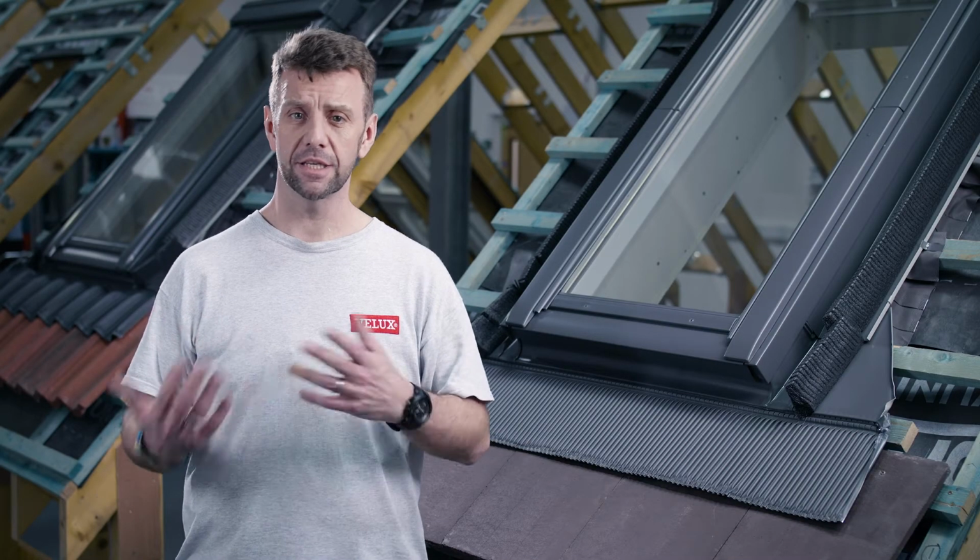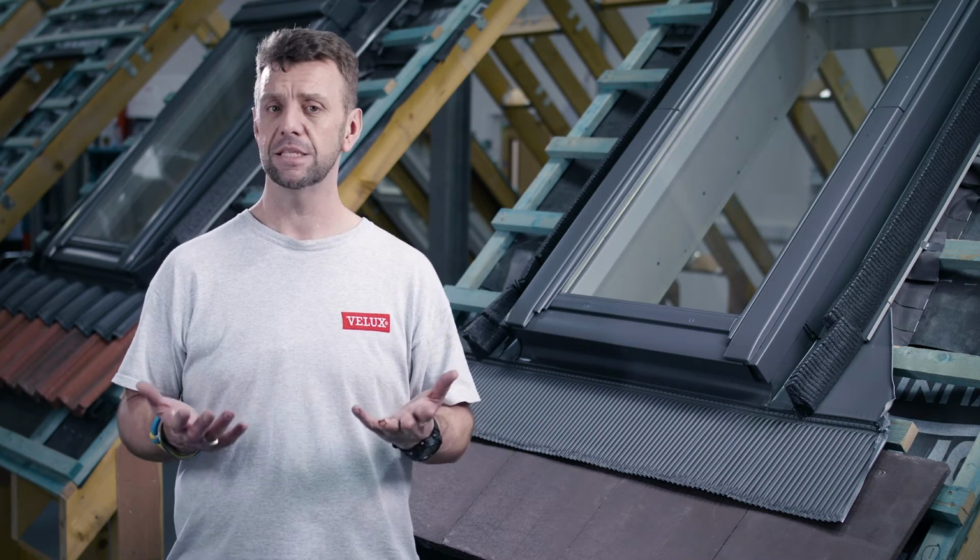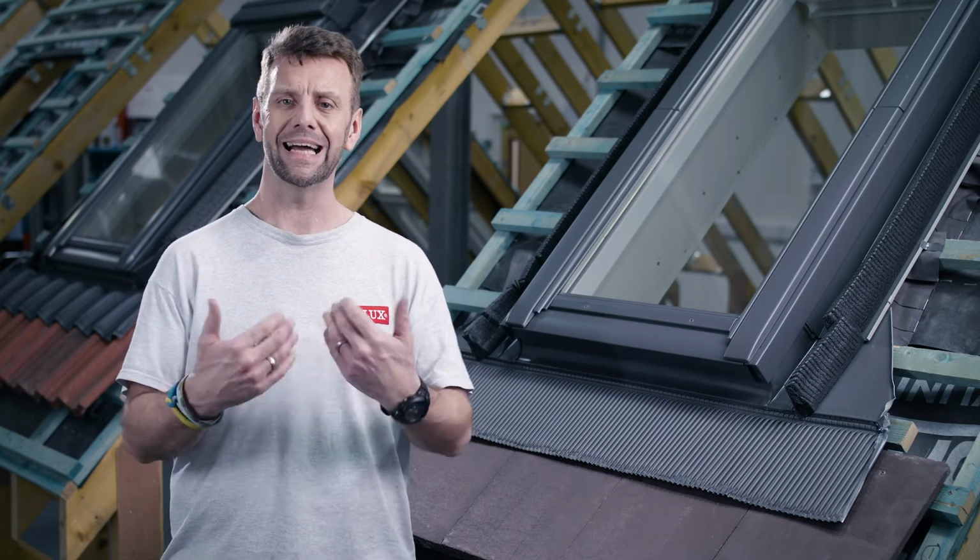There are many reasons to consider using a conversion kit on a Velux roof window. It may simply be that you've had a manually operated window installed at a high level, so it's impractical for you to be able to operate it on a daily basis. Or it may simply be that you want to add the means of remote control operation to make the most of our Velux Active package, so you can have a window that's operated via the sensors